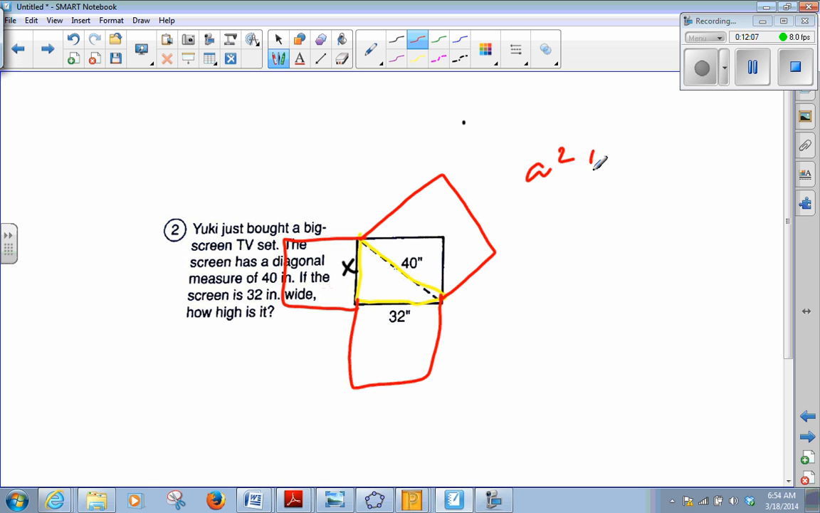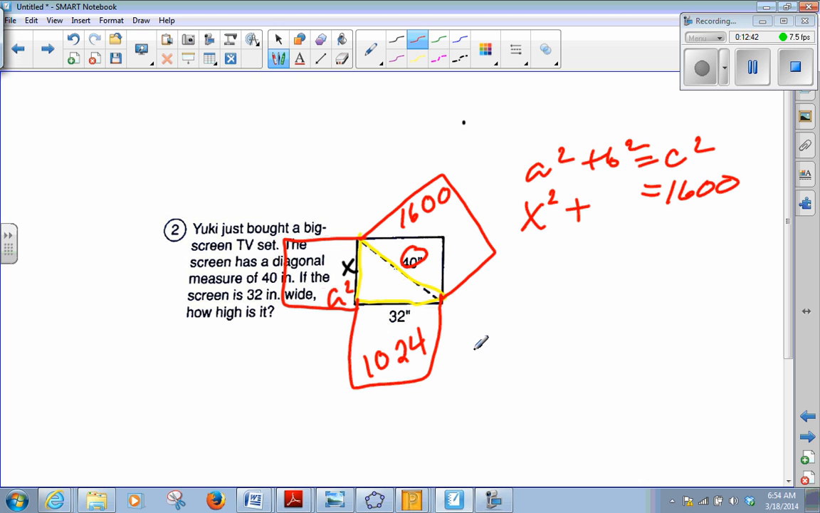Put in my A squared plus B squared equals C squared. All right, so this time the hypotenuse is 40. So 40 squared would be 40 times 40, which is 1600. So I'm going to put that in for C squared. A squared, I don't know what A squared is yet, so I'm just going to put in X squared for right now. B squared, though, I'm calling that 32-inch side B. So that means I need to do 32 times 32. That gives me